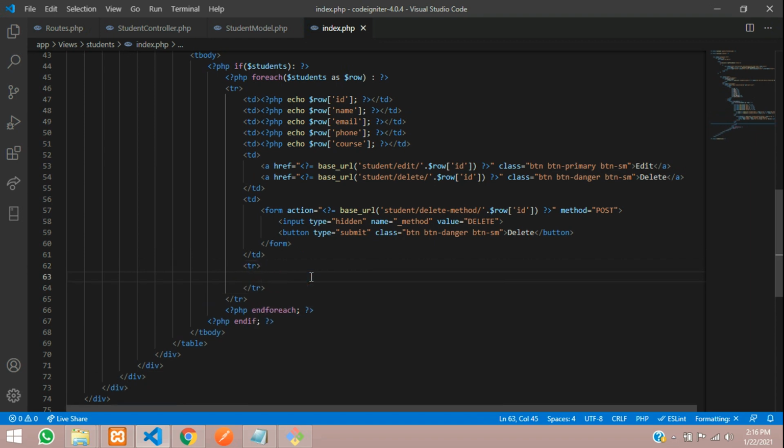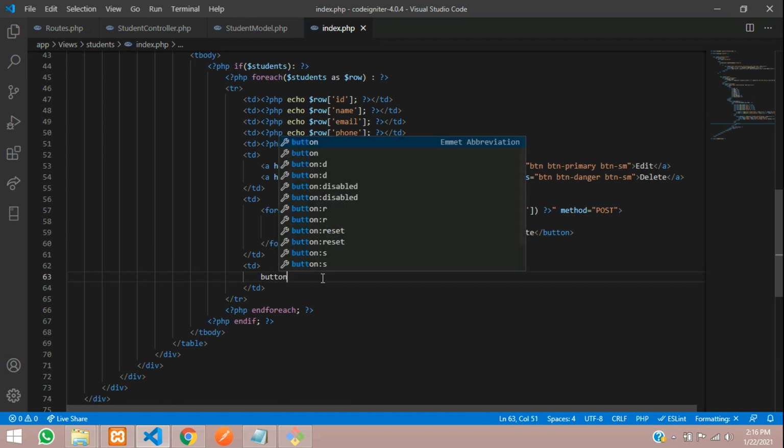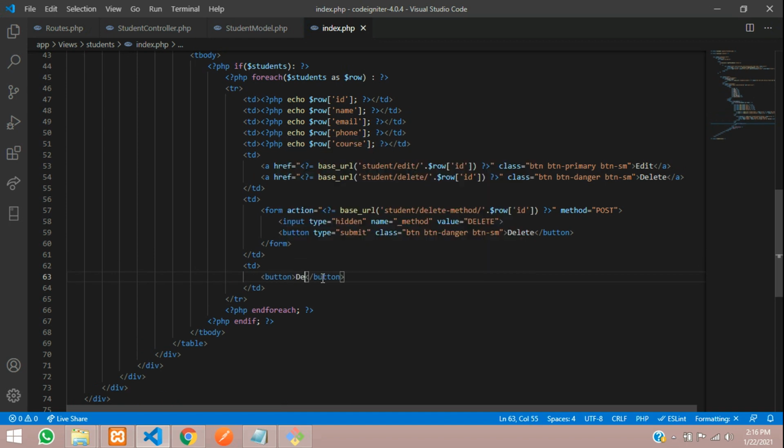We have to give table data, and inside this I'm going to create a button. The button name will be delete, and let's give the type equal to button.